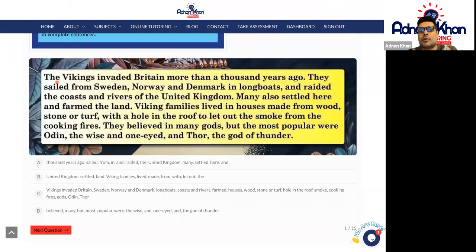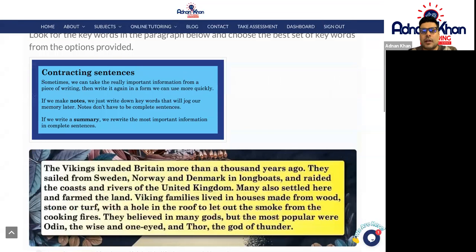So the Vikings invaded Britain more than 1,000 years ago. They sailed from Sweden, Norway, and Denmark in long boats and raided the coasts and rivers of the United Kingdom. Many also settled here and farmed the land. Vikings lived in houses made from wood, stone, or turf, with a hole in the roof to let out the smoke from the cooking fires. They believed in many gods, but the most popular were Odin, the wise and one-eyed, and Thor, the god of thunder. Now, if you decided, in this case, to look for the keywords in the paragraphs below, that will give